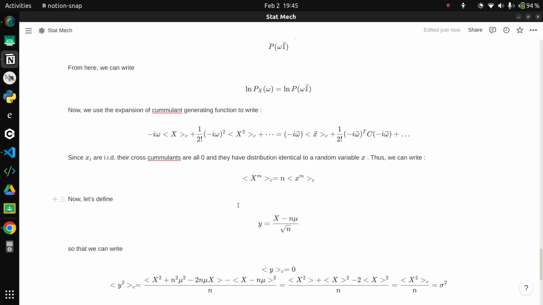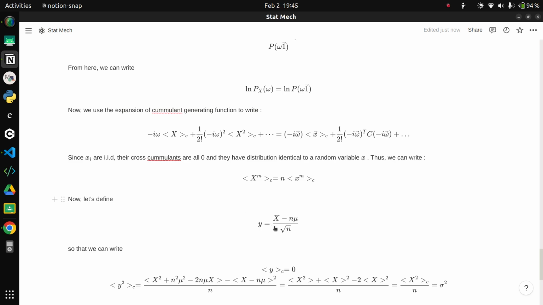Okay, but we don't actually care about capital X all that much. What we care about is this variable small y, which is capital X minus n mu upon square root of n. Yes, this is the variable that we really care about. You want to find the probability distribution of this in the end. And just to remind, capital X is the summation of xi things, so we are doing summation xi minus n mu upon square root of n. There are reasons why we are defining it this way. The minus n mu makes a lot of sense. Basically, I'm just doing,